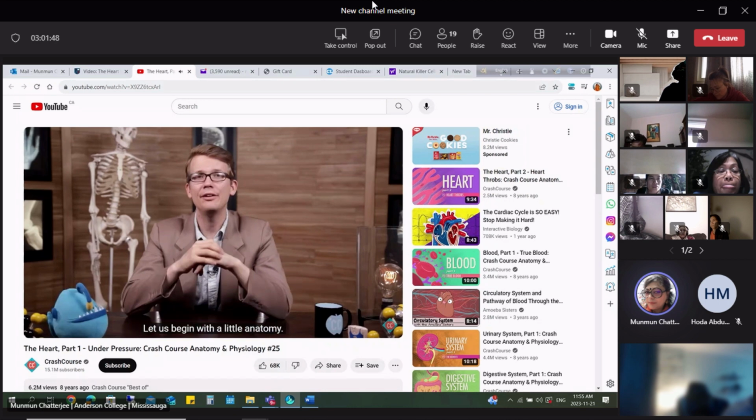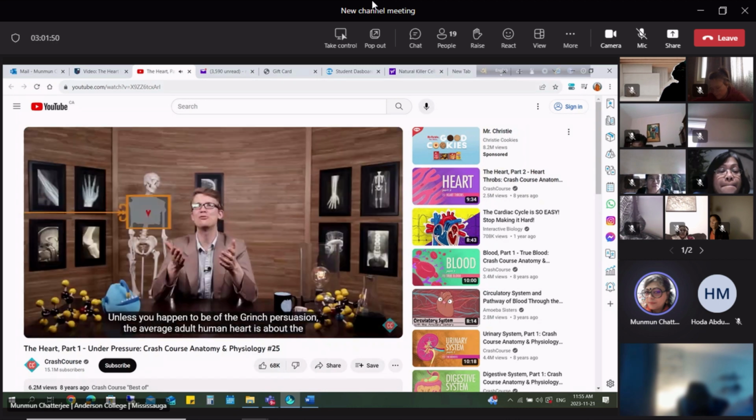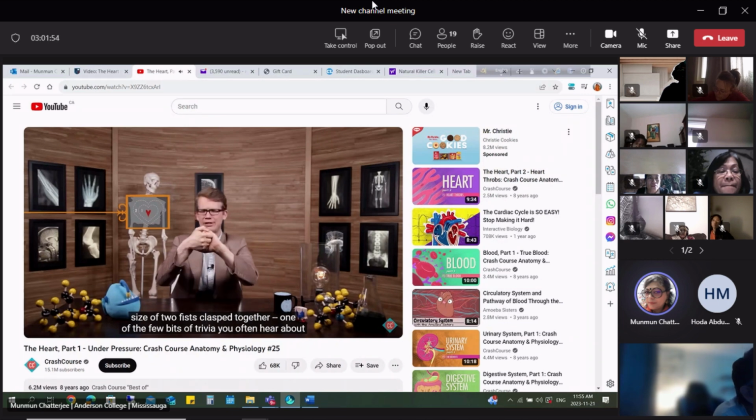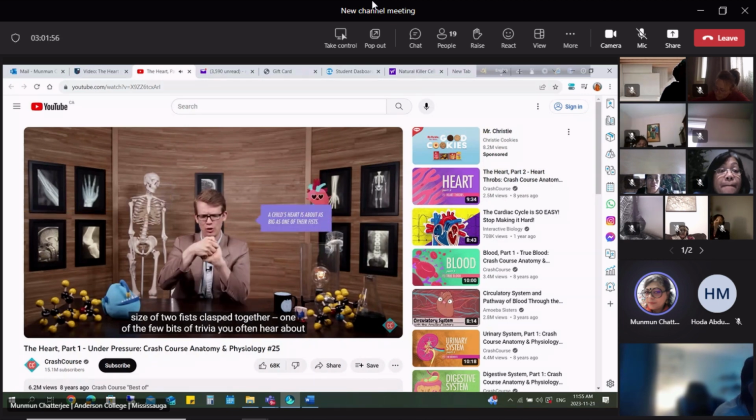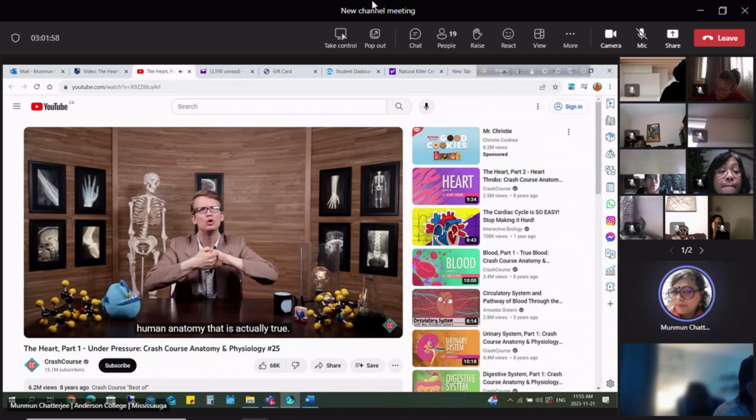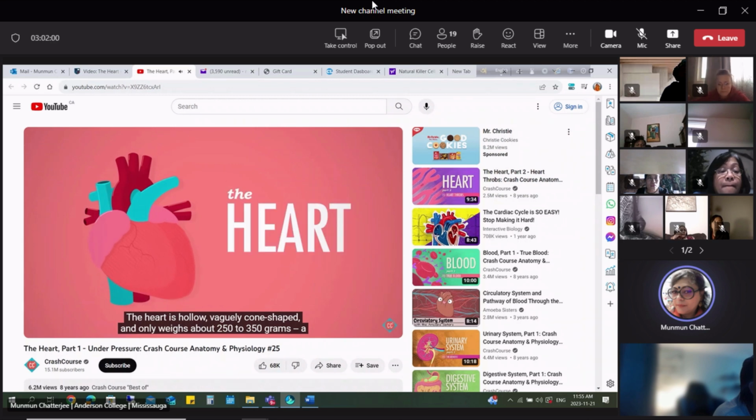Let us begin with a little anatomy. Unless you happen to be of the Grinch persuasion, the average adult human heart is about the size of 2 fists clasped together. One of the few bits of trivia you often hear about human anatomy that is actually true. The heart is hollow, vaguely cone-shaped, and weighs only about 250 to 350 grams, a pretty modest size for your